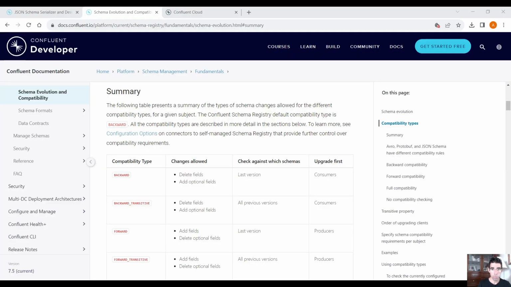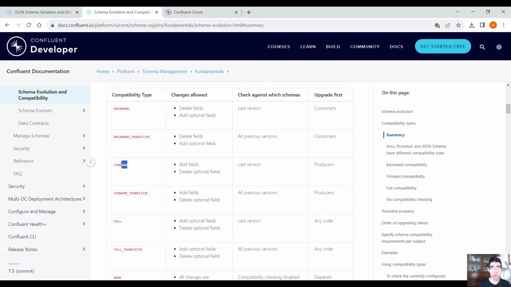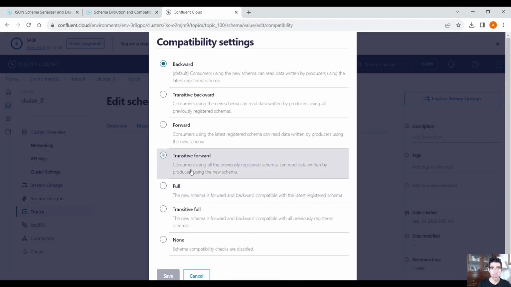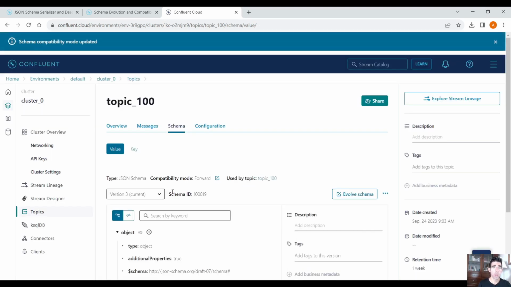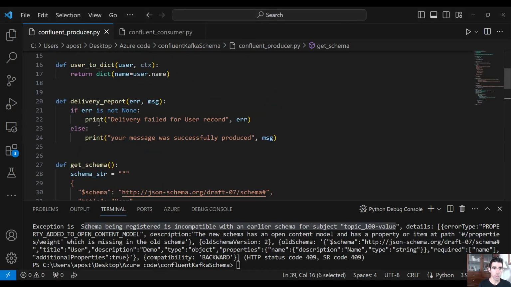Back to our Confluent documentation, as you can see, back to the compatibility modes, we have backward, where we are able to delete fields, and we have forward, which allows us to add fields. So let's go into Confluent Cloud, and here we can update the compatibility mode to forward and then add a new column and see what happens, right? Perfect. Of course, before we do that, we need to add this